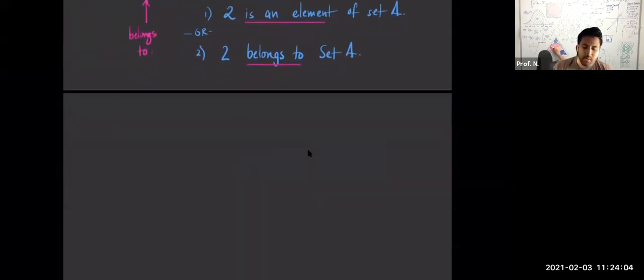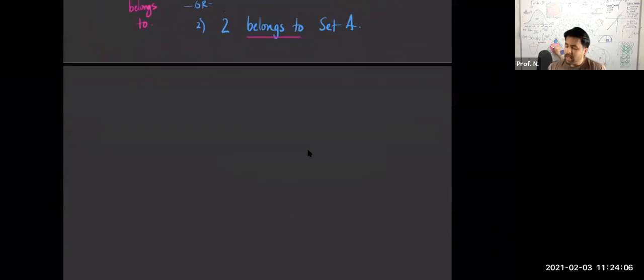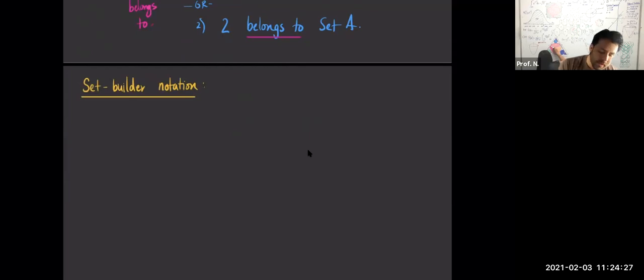All right. So now let's get a little more complex with this. We're going to talk about something called the set builder notation. I think some of you have seen this before. Set builder notation. So what if I call a set, for example, and I use this